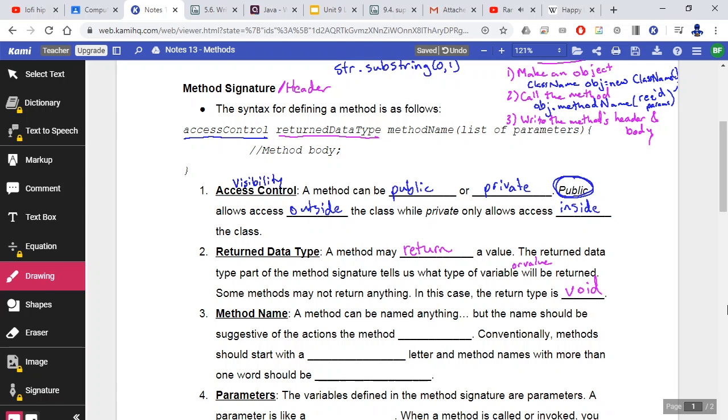All right, next part of the method signature, the method header. This part over here, oh, I don't want to use that color. Give me a different color. Hit me up with green. There we go. The method name. A method can be named anything you want, just like a variable. However, the method name should be suggestive of the actions the method